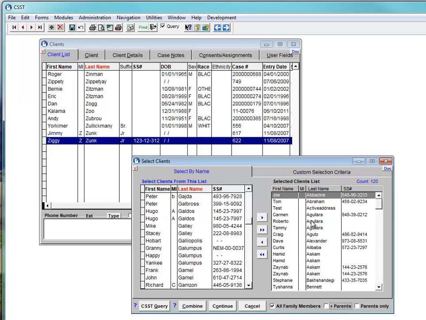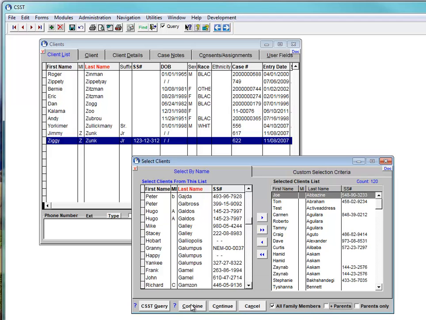But let's suppose that we now want to see only the heads of household of those children. So we can't go back and apply head of household and ages 2 and 5 at the same time, because presumably there are no children between the ages of 2 and 5 who are also the head of household. But we have a list of all the family members of those people. So if we combine that with that previous list of filter conditions that we created for head of household,